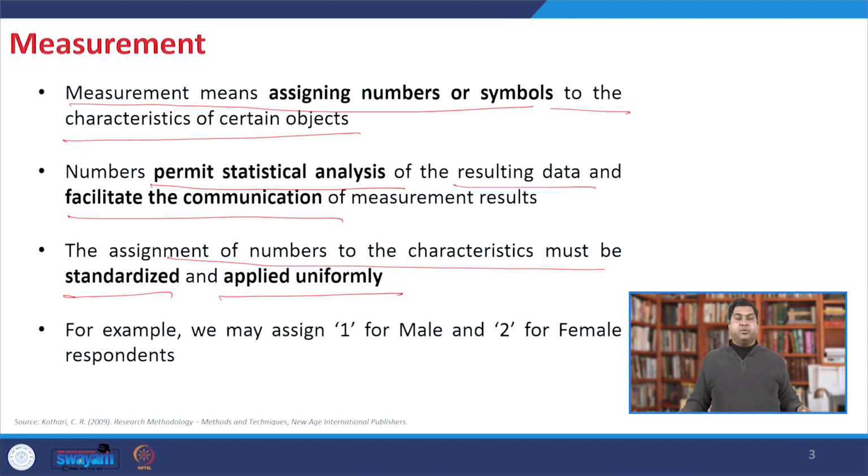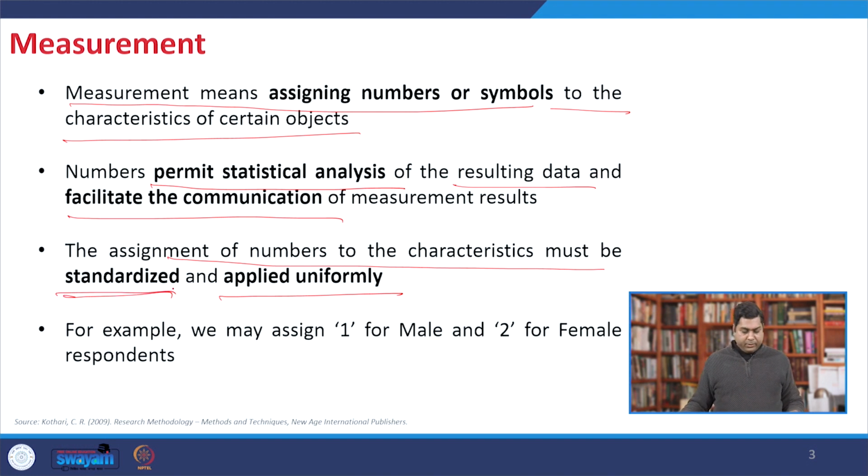Suppose I measure the height in feet and somebody else measures in some other unit, though we can convert it later on, definitely there would be some kind of transformation error, some approximation. So rather it is better to make it